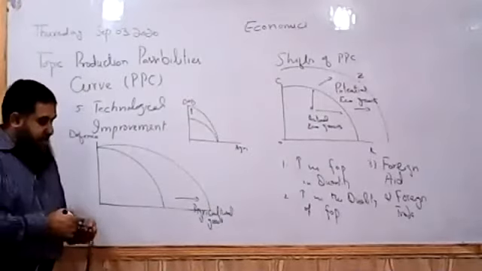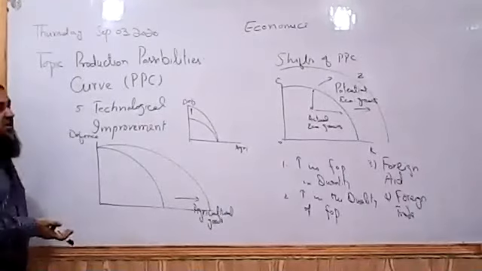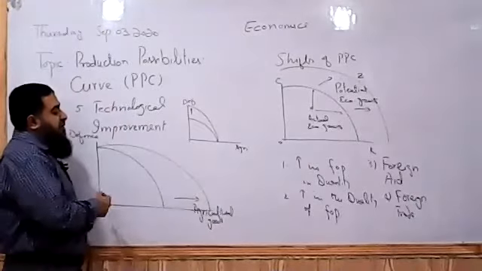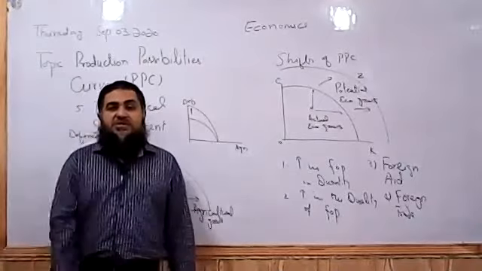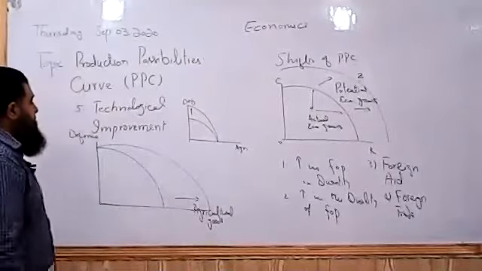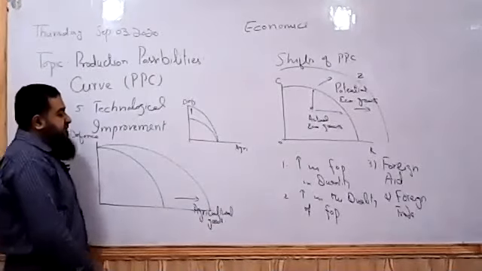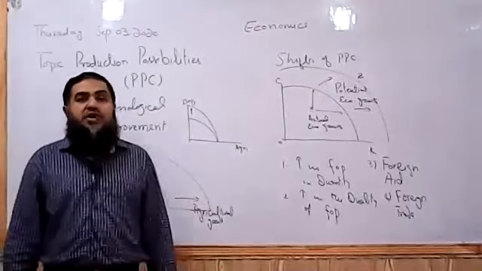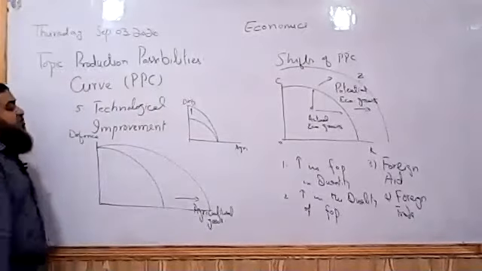So it depends on which side we are having improvement in the technology of production of those goods. From that side, potential has increased. Like if we are having better fertilizers, better pesticides, and better technology to produce more agricultural output, or seed quality is improved, then definitely there will be a green revolution, and we are able to produce more farming output. Agricultural output can be increased, keeping the defense output constant.